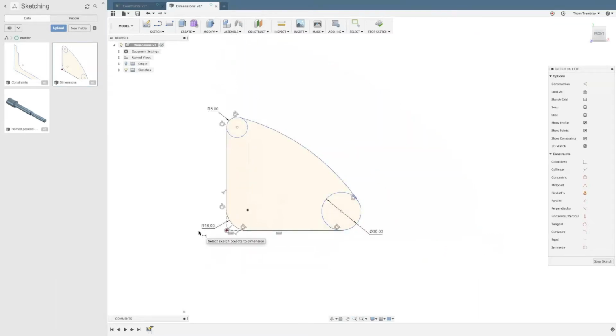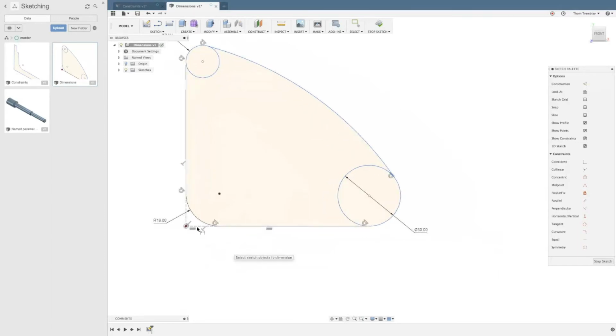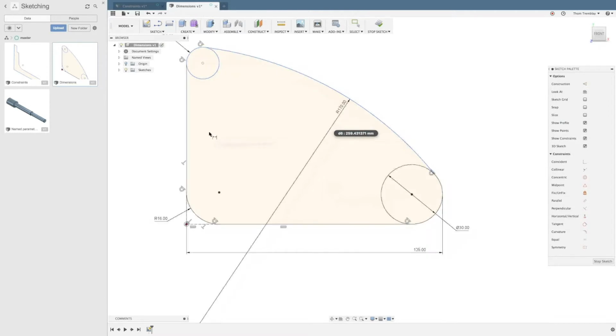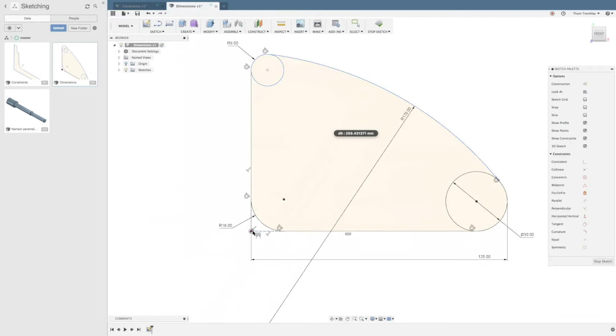It looks like I need to speed up a little bit here. Let me apply another dimension, this time by picking a line, and I'll right click and select the value to use the circle tangent arc. I'll be able to drop in my dimension, and it will update the size of the sketch. Still using the same dimension tool, drop in another quick radius. We'll update my model. I'll grab my line,